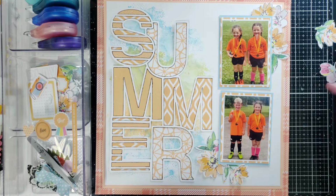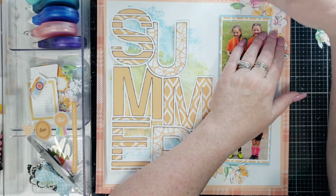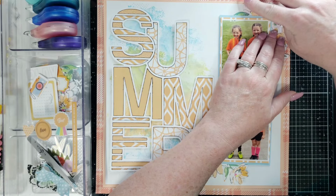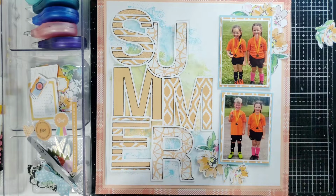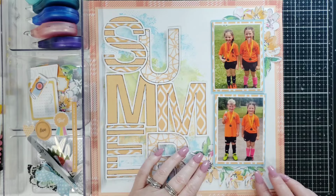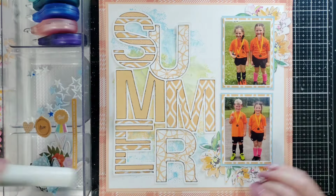And then I have this little, see, it was just totally fussy cut from something. Have that coming out here. Like so. Add some more pink in. I don't mind that. I have another one. Don't know if I want to put that in there or not. Let's do some